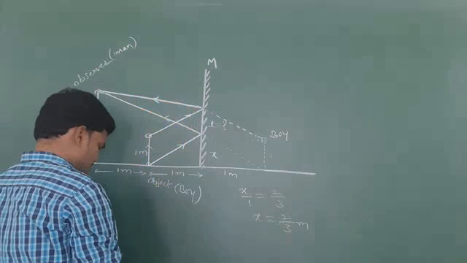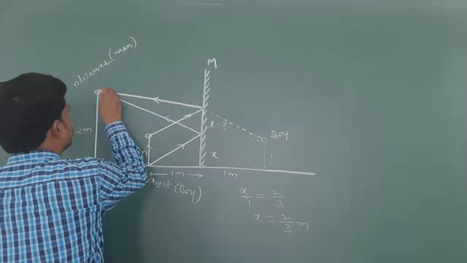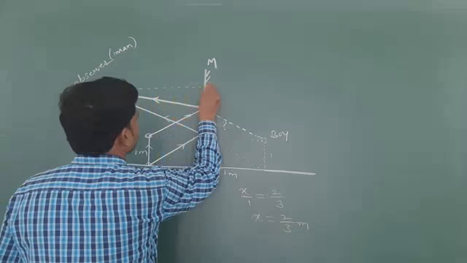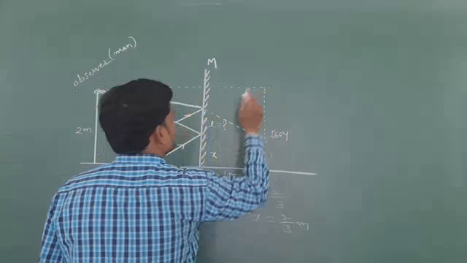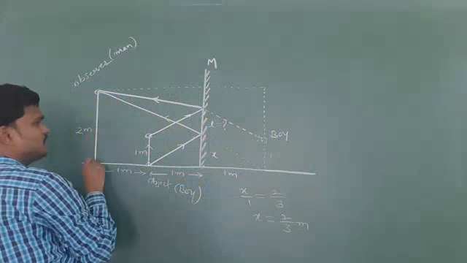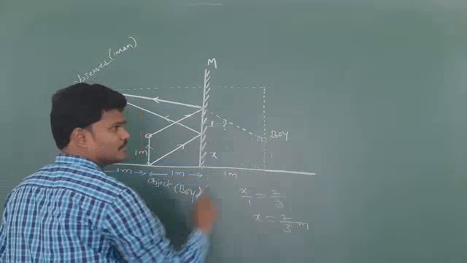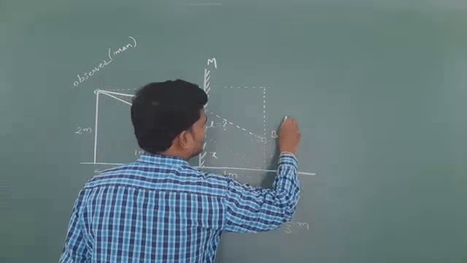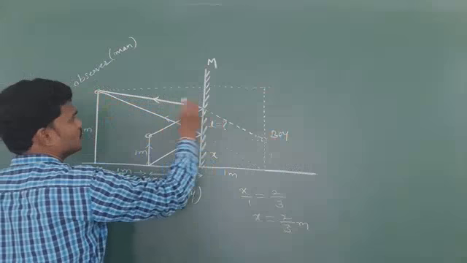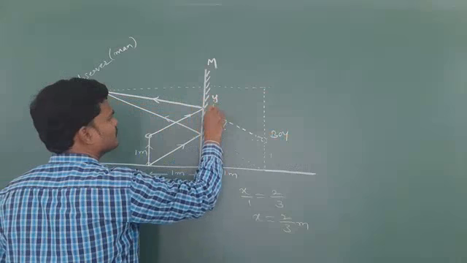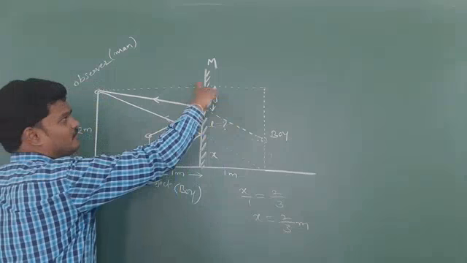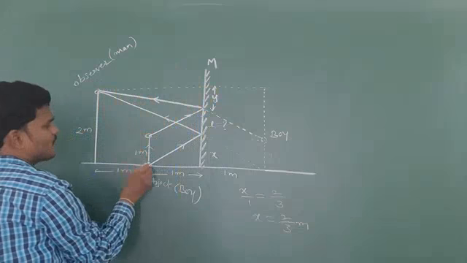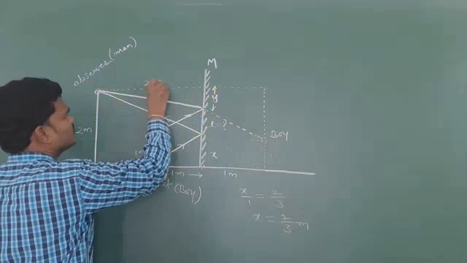So to do this, let me extend one light ray. Okay. So this is 2 meter. No doubt this is also 2 meter. This is also 2 meter. Let me find the y value. Use similar triangle rules again. Y, and this is how much? 1 plus 1, how much is it? 2 meters.